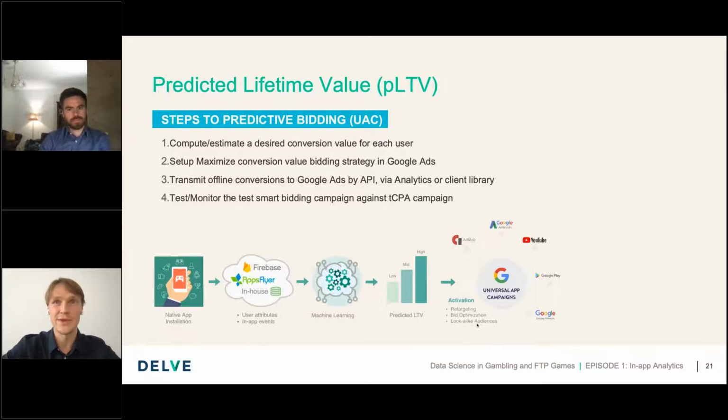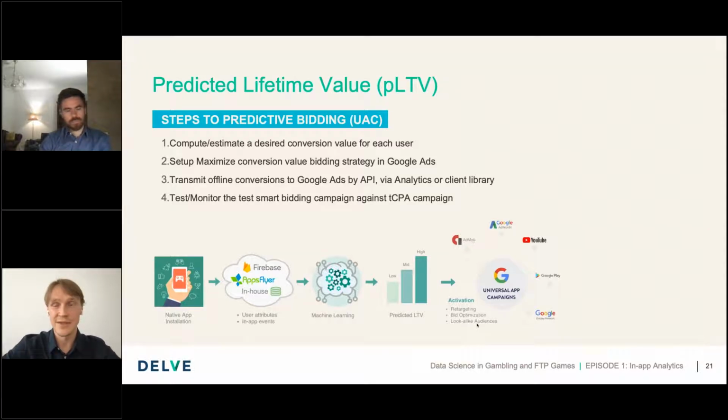Of course, there are many other platforms or networks where users can be bought, but just for the sake of simplicity, we will use Google's platform here, which supports smart bidding campaigns, for instance, target cost per acquisition.